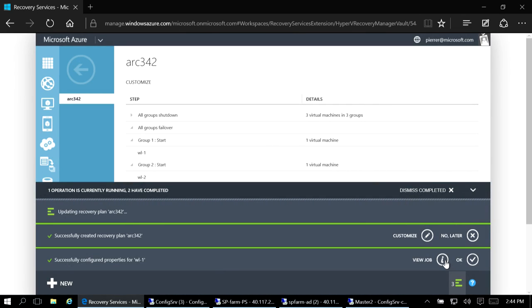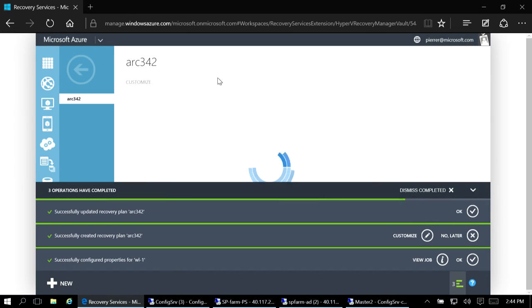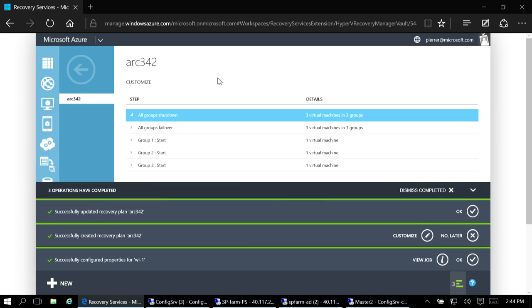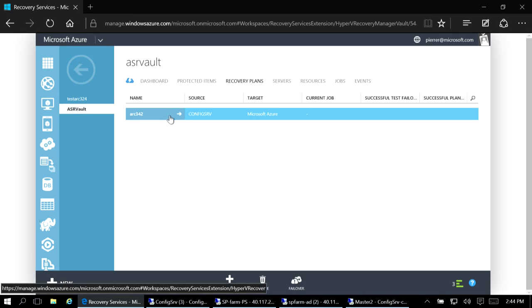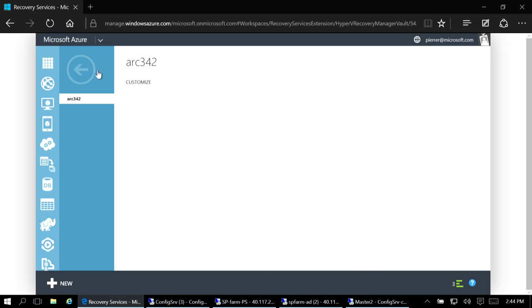Once that group is saved, next thing we want to do is what? We've protected our machine, we've synced our machine, we've created the plan on how we're going to deploy them. It's all set, we've got all our scripts, we've got our manual action, everything is ready to go. What's the next thing to do? Test it. So we go back to our recovery plan, we pick the recovery plan we have,